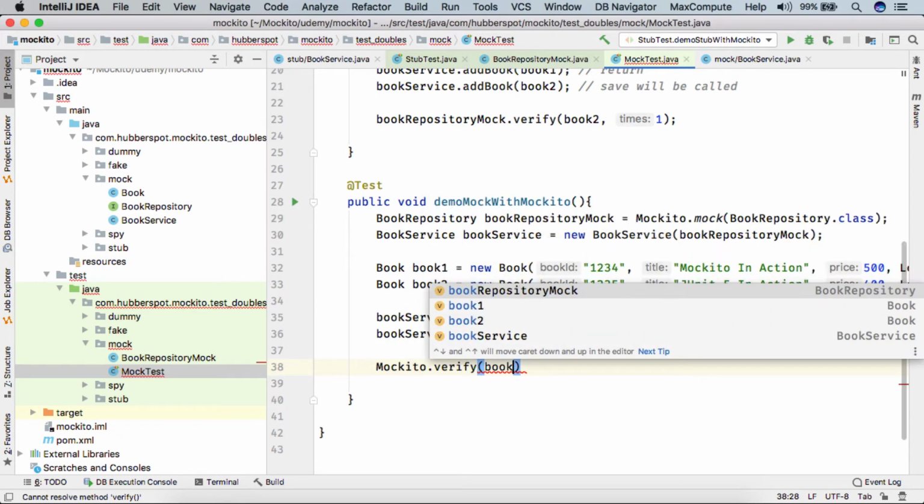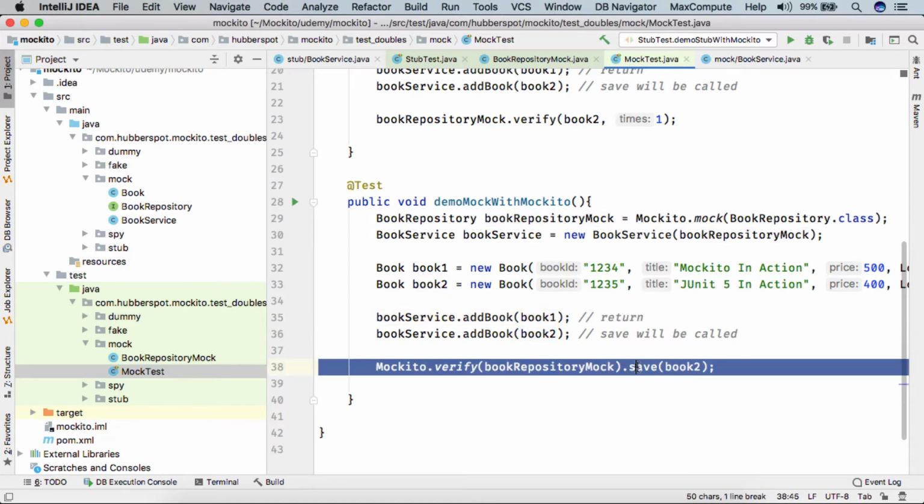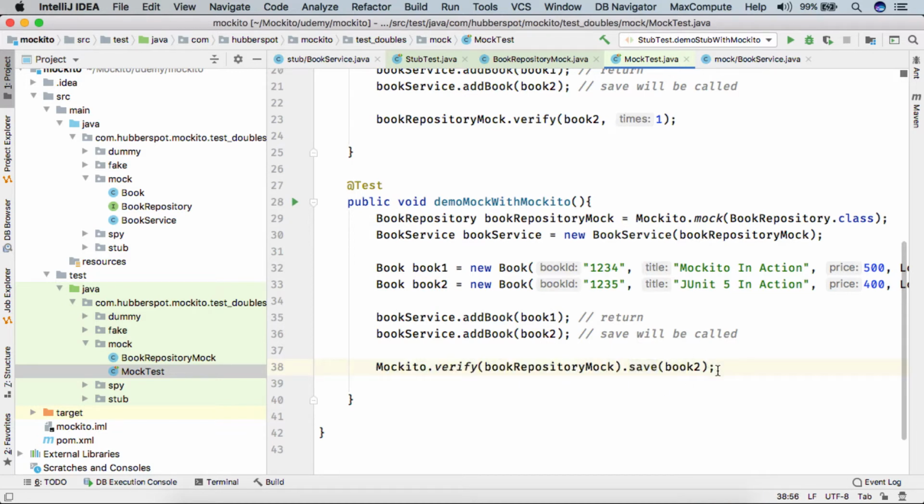So here it's book repository mock. This tells Mockito that we need to verify something on book repository mock, and what we need to verify is that save was called with book 2, because for book 1 save was not called. So we are simply verifying whether save was called or not for book 2. This is the way to tell Mockito.